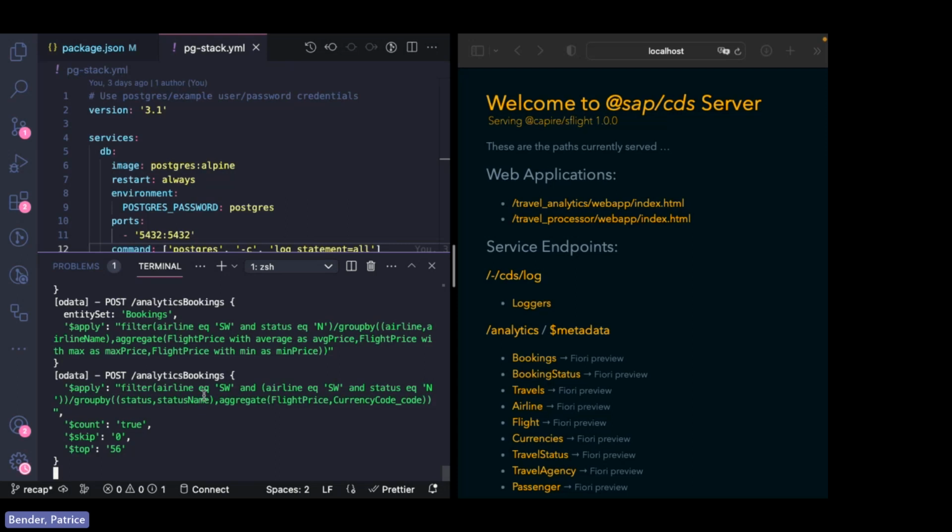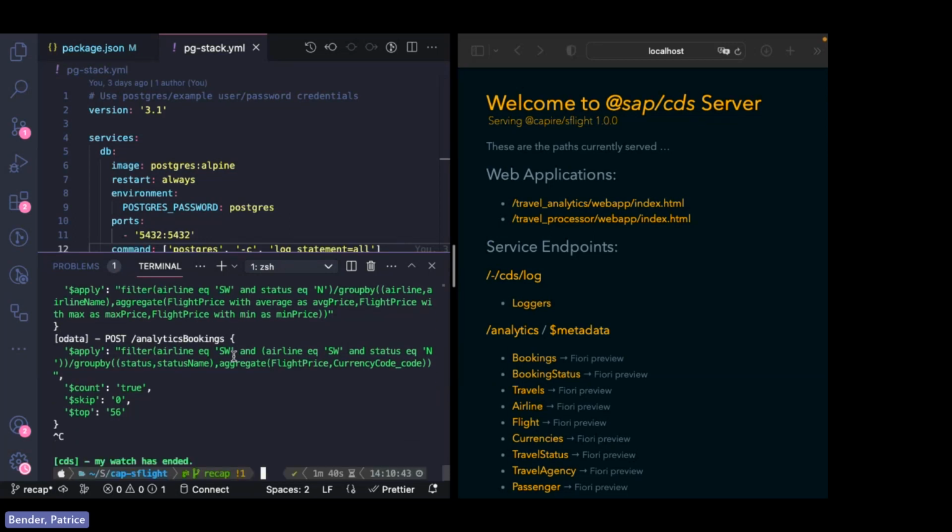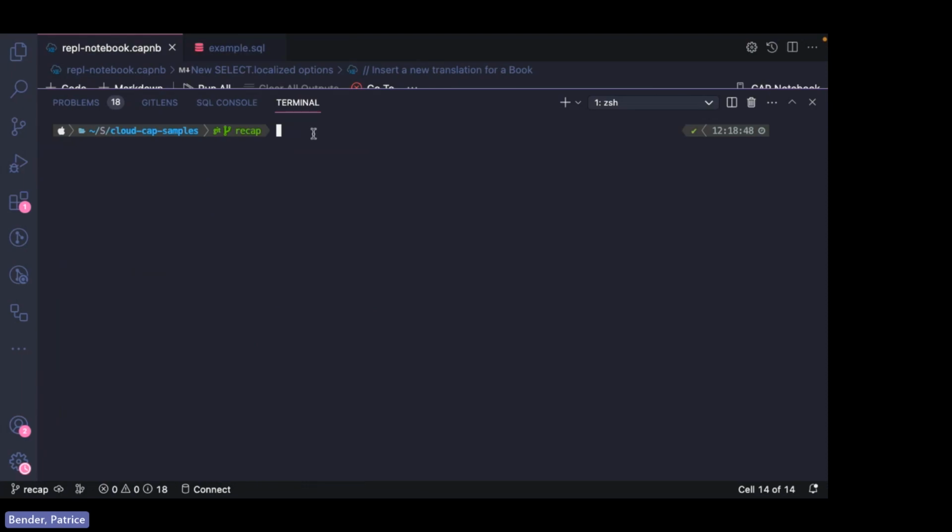Okay, let's go to the next part. I want to show you the advanced capabilities which come with the new DB services as well, because we do not only have feature parity between the old CapJS SQLite stack and the new one. We obviously enhance the feature set a lot to enhance your developer experience even further. So let's go over to my next demo